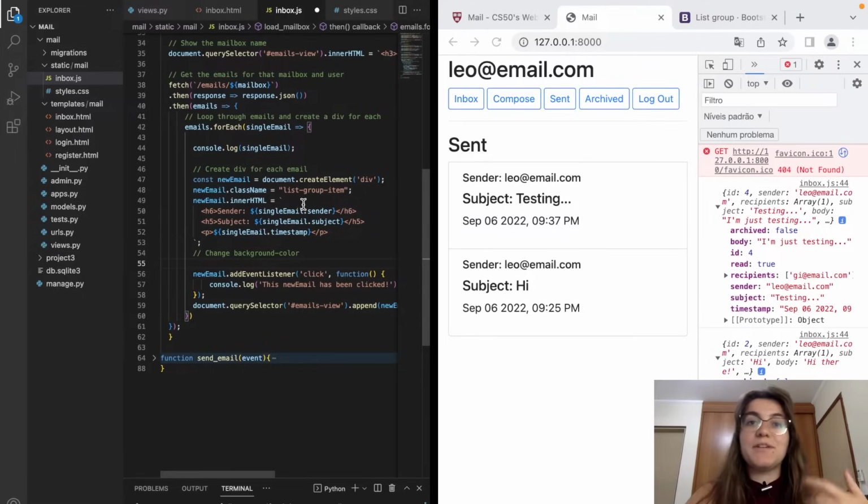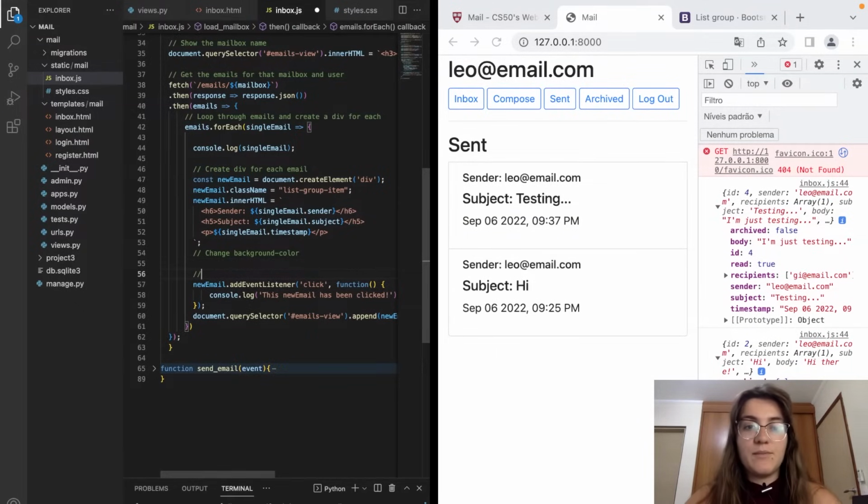I'm gonna do an if statement basically. There are two ways of doing an if statement. There is the regular way that you already know, and we're gonna do it in the future again. But there's a second way that I want to try out with you. Let me just add here, click event to view email. So how are we gonna work in here? We're gonna say new email dot class name. And how are we gonna do this? We're gonna say equals, and we're gonna check if single email dot read. And what does this mean? If single email dot